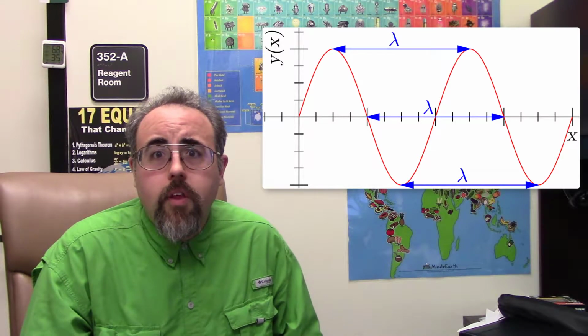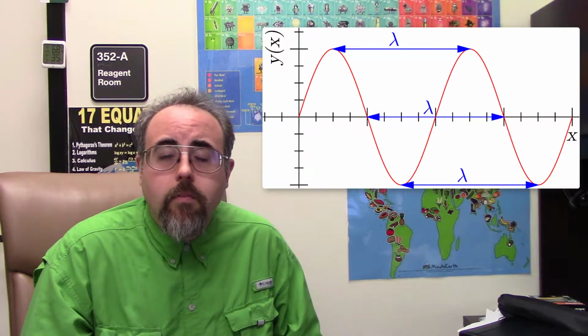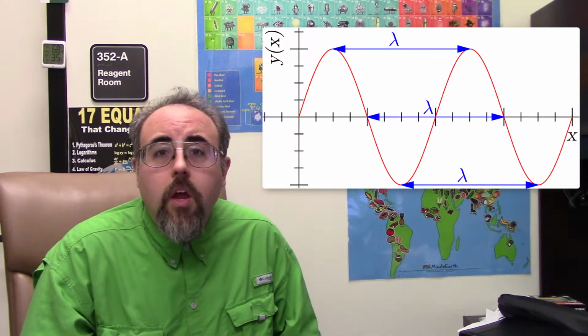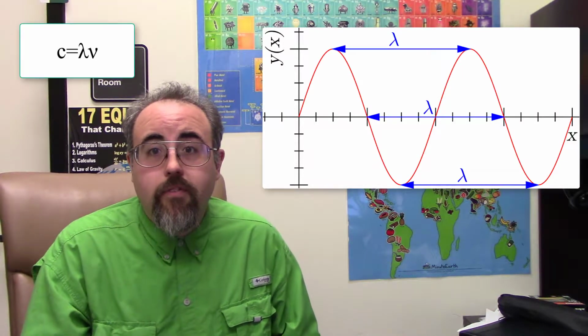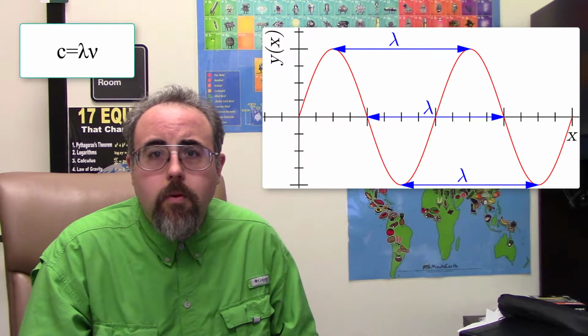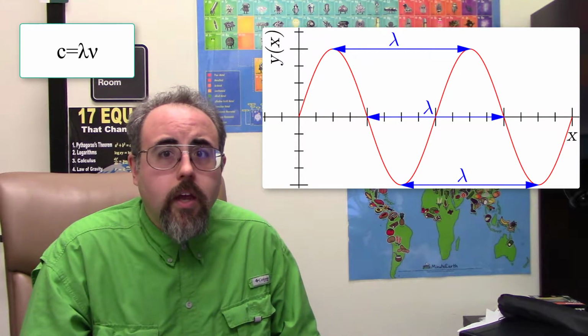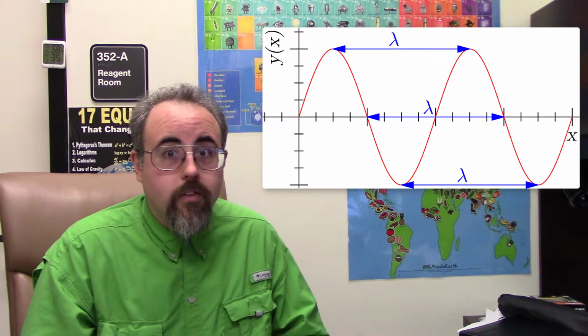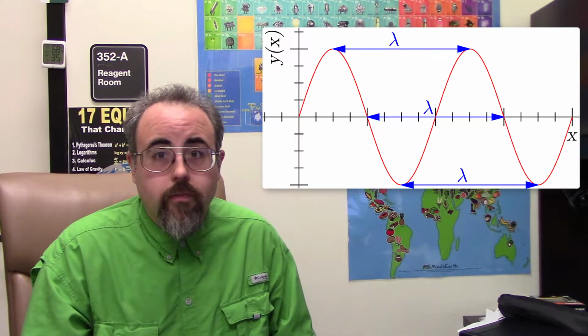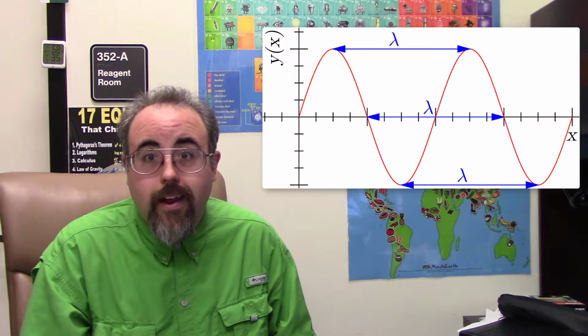Now, the speed of a wave, whether it be light or anything else, is going to be equal to its wavelength multiplied by its frequency. Remember, speed is going to be given in length units divided by seconds, and hey, length is in length units, and frequency is in 1 over seconds. So, yay. Okay.